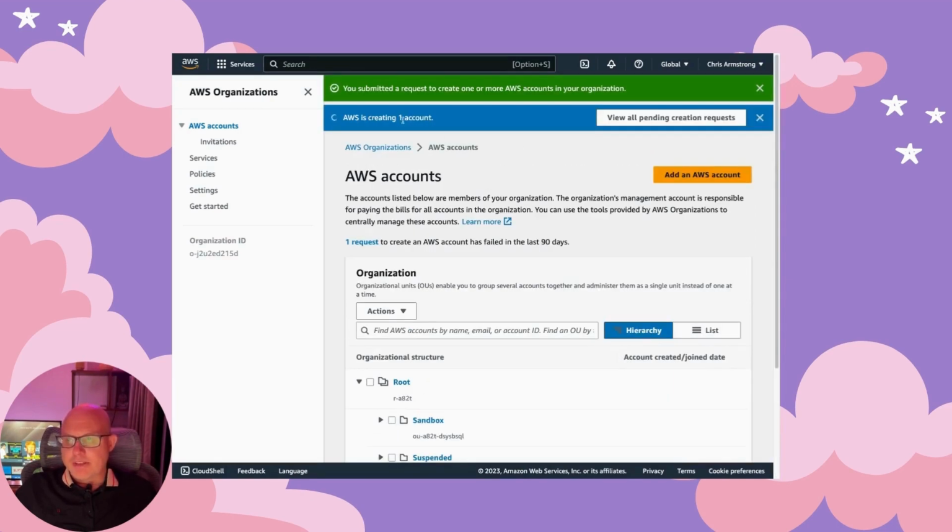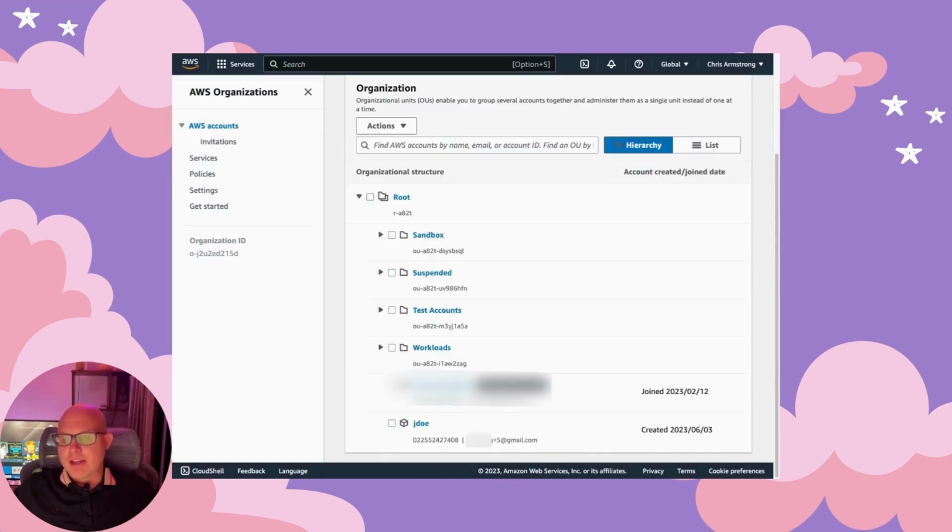And this will now take a while to create, so I'll just be back. Okay, I'm back, and as you can see, the user account has been created. Now I have noticed that sometimes the message that the user account is being created is never disappearing. So when it takes longer than a minute, then just try to refresh your browser and you should then see